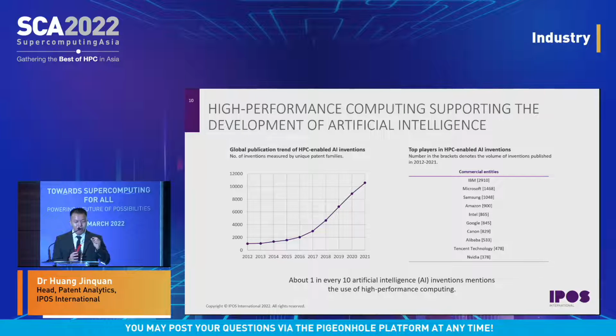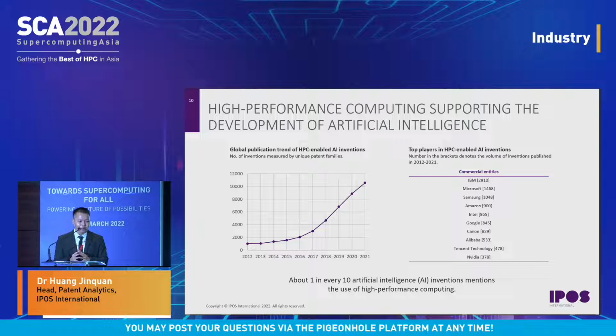In summary, about 1 in every 10 artificial intelligence inventions actually mention the use of high performance computing. So you can see that HPC really plays an integral role in supporting the development of AI. The chart on the right shows you the top players. What I want to highlight is that the top players make an even heavier use of high performance computing